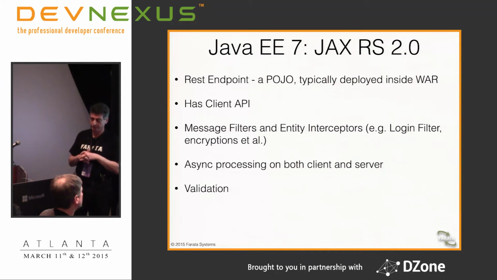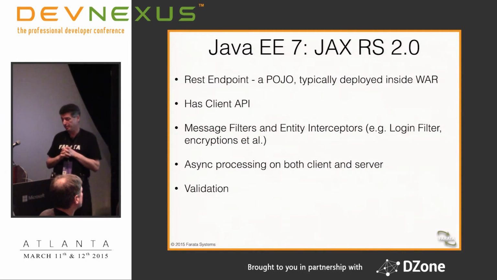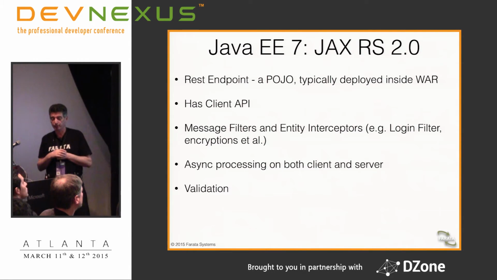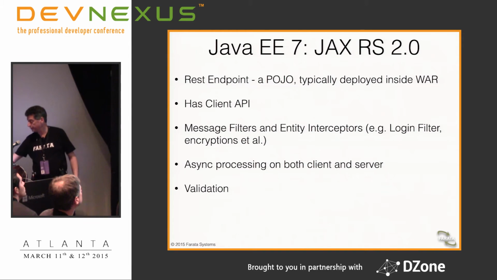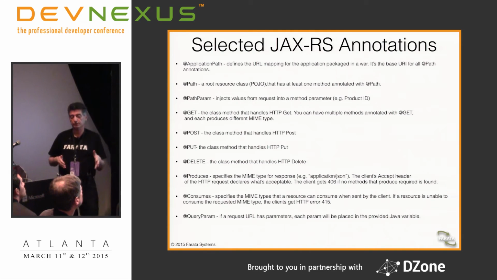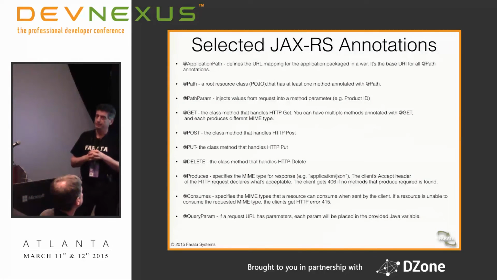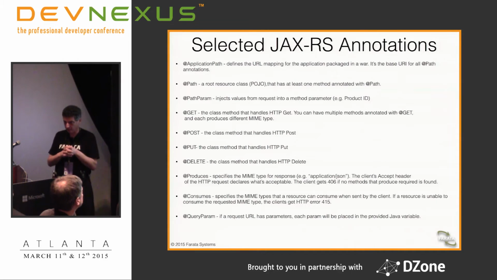If you are a Java EE7 developer, it's a very simple, very easy API. It's a POJO. You just put several annotations on top of a class, and this is how the REST routing is done. I'll show you maybe a couple of annotations over here. So if you want to have a plain old Java object on the server and you want to turn it into a REST service endpoint, the only thing you need to do is add a couple of annotations.